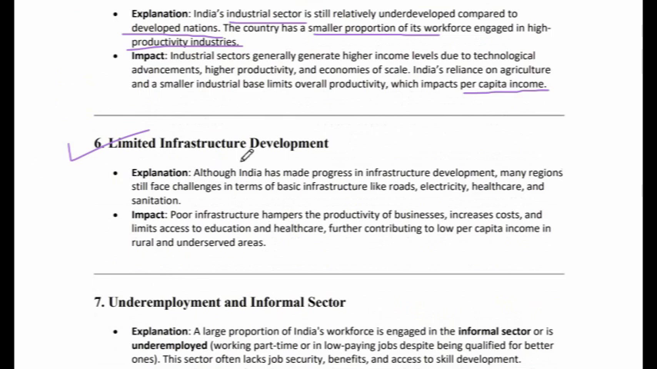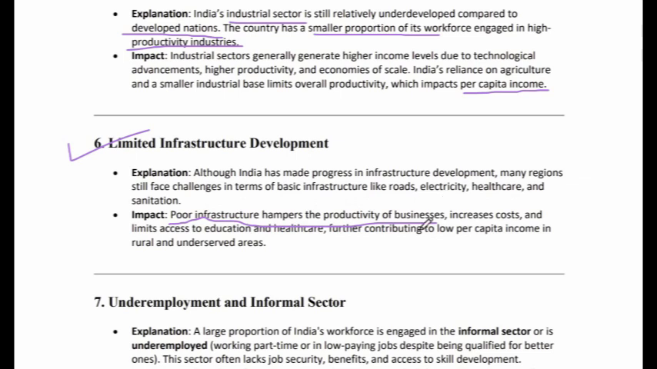Limited infrastructure development. Although India has made progress in infrastructure development, many regions still face challenges in terms of basic infrastructure like road, electricity, healthcare and sanitation. पुअर इंफ्रास्ट्रक्चर हैम्पर्स प्रोडक्टिविटी ऑफ बिजनेस, ये कारण है कि जो पुअर इंफ्रास्ट्रक्चर होगा, रोड्स नहीं होंगे, हॉस्पिटल्स नहीं होंगे,